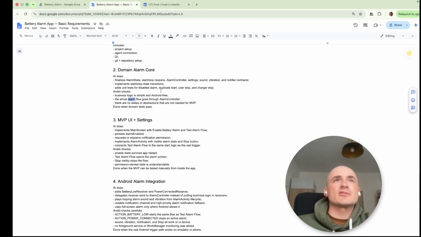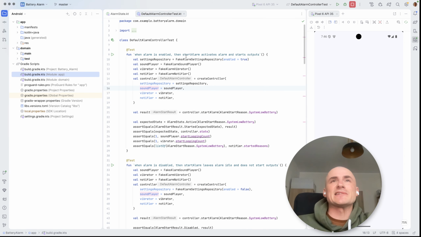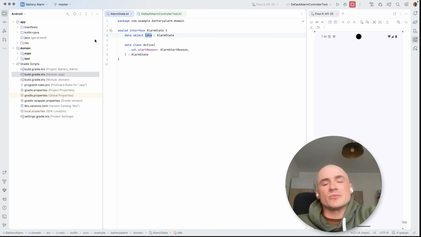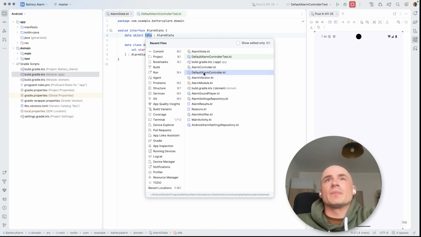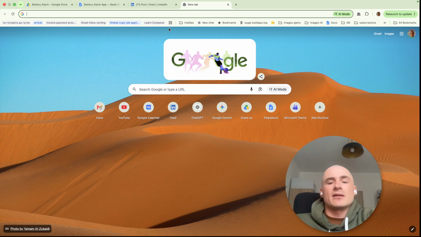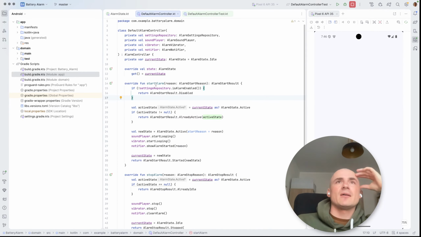And in the previous videos, we already went through the architecture, through the modules, through the system design, abstraction, and we reviewed the brain, the domain layer of our application, which is our controller that represents our application in the clean architecture arena, like that represents use case and entity layers, because it knows nothing about Android specifics. We reviewed the class, we reviewed unit tests, and now